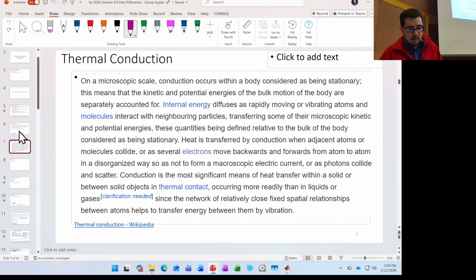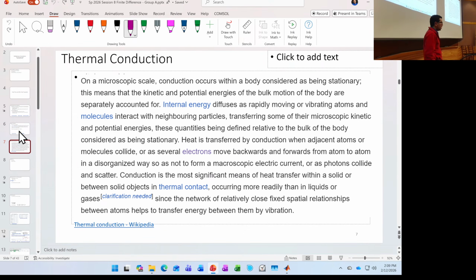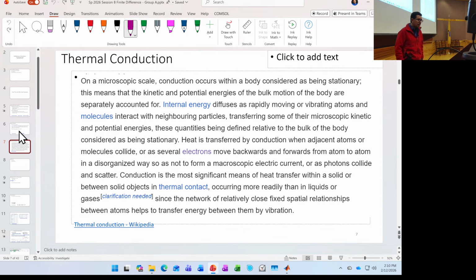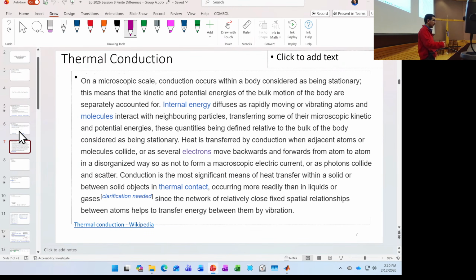Now, you don't have to read all this, but we're pretty much going to be focusing on thermal conduction, today and next week. Today we're going to be thinking about how to use the finite difference method for this type of modeling. And then next week, we will begin to think about the finite element method and get to think about ANSYS and its implementation of the finite element method to solve the same exact problem that we're going to solve today, or that we'll solve in the labs.